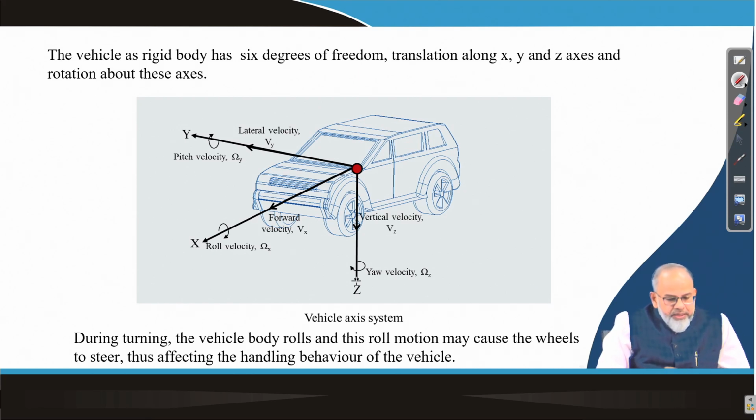So, this is the vehicle axis system on which I have indicated the forces and moments which are acting. During turning, the vehicle body rolls, and this roll motion may cause the wheels to steer, thereby affecting the handling behavior of the vehicle. Before we move into the steering, let us first see the steering geometry